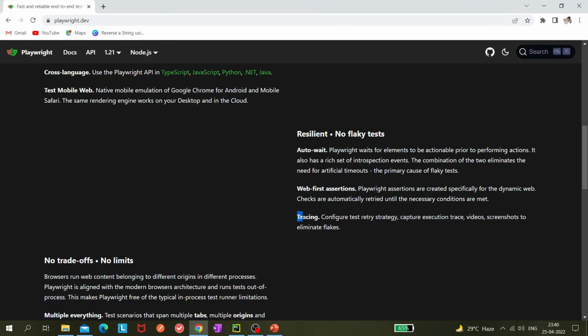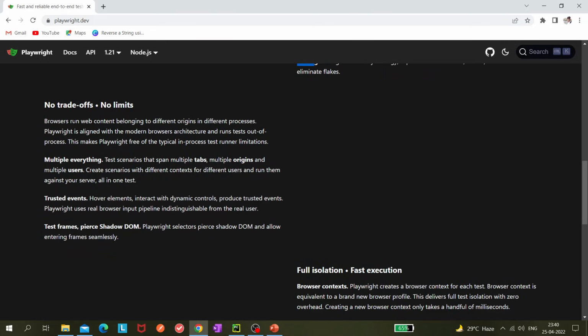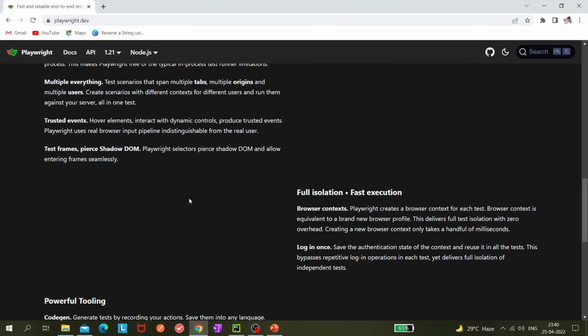And the next part is tracing. So configuring a retry strategy captures execution trace, video and screenshots to eliminate flakiness, right? So tracing is a very good feature for debugging purposes. We can also check these things. Next thing is no trade-offs, no limits. Okay,